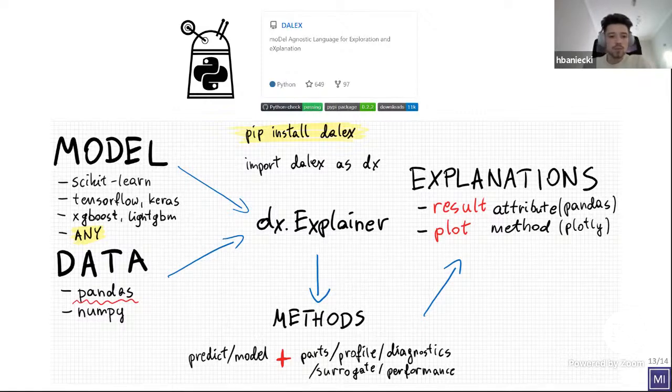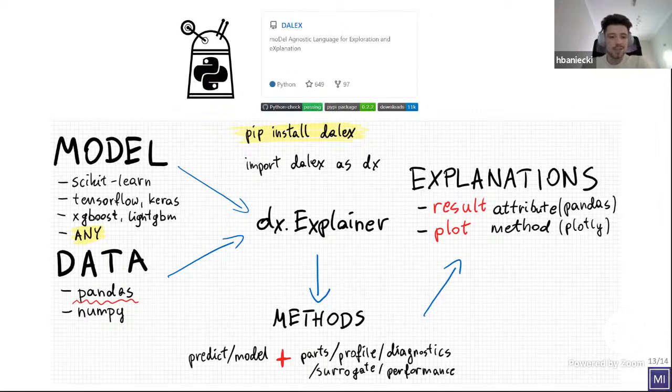We decided to use pandas mostly in this package, as we think that it has more use in the explanation world when we care about the feature types and feature names and so on.